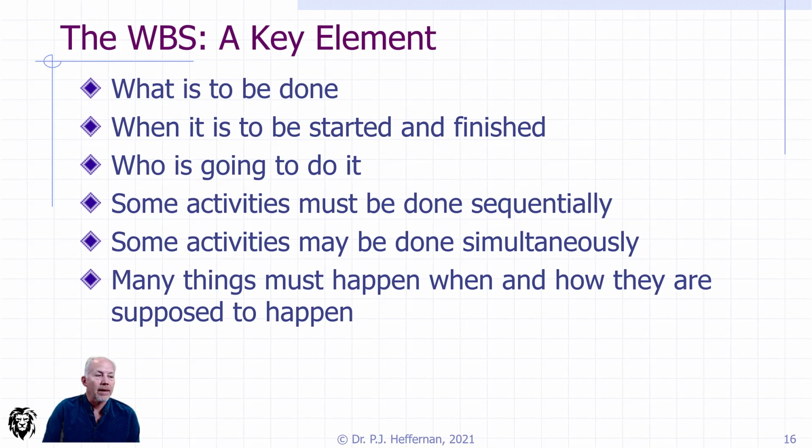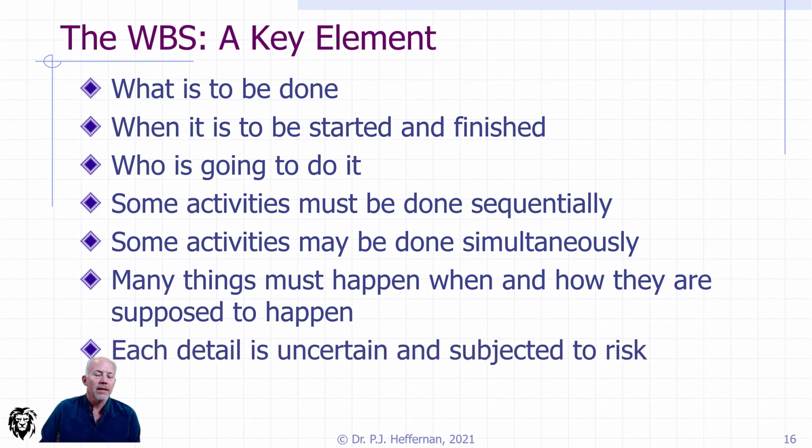Many things have to happen when and how they're supposed to happen to make it all come together. And this is where we're going to build up that information. As I've been building the context, everything's uncertain. We're making decisions, we're making assumptions, we're providing information back in, but it is the initial step of a cyclic process where we expect to have several iterations as we change those assumptions, modify them to allow for integration into the other tasks, and consider the risks associated with the decisions that we've made.